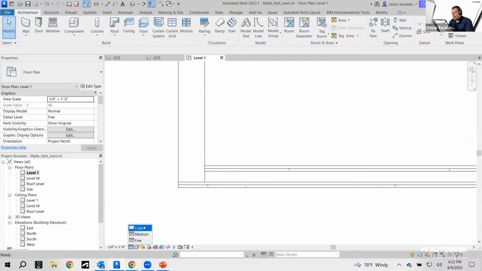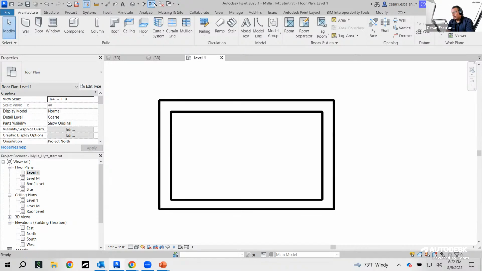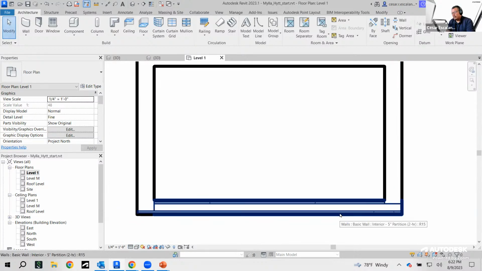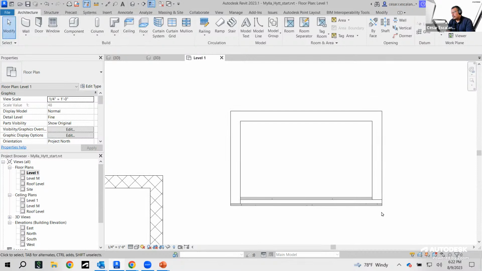Or if you're doing 1/8 inch floor plans, maybe you don't want to display all the internal properties, and you set the view to coarse. And when you set to coarse, all the internal properties disappear, and they will be displayed like that. Whereas if I switch to fine, this is not going to print very well at this scale. So I'm going to stay with fine, switch off the thin lines, and